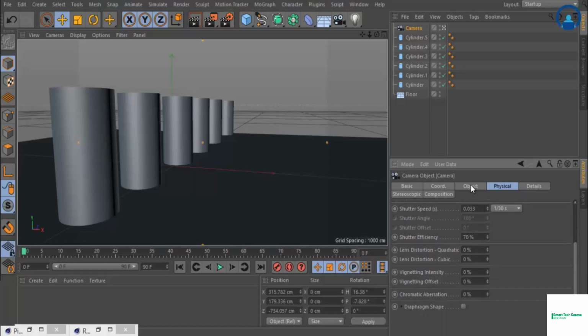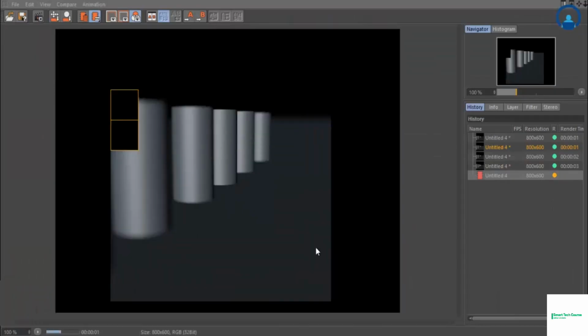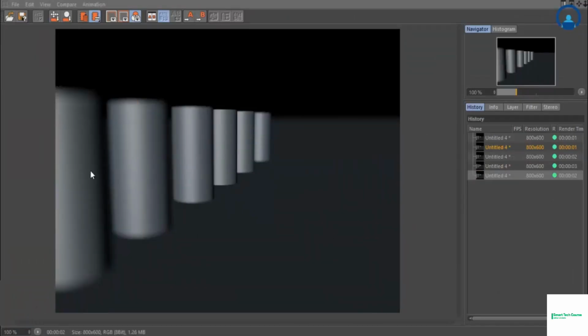inside the object property called focus object. You can add any focus object, like I add cylinder 3 from here to here, and render it. You can see it blurs the starting part and the ending part, but it sharpens the middle part, something like this. This way you can control this effect,